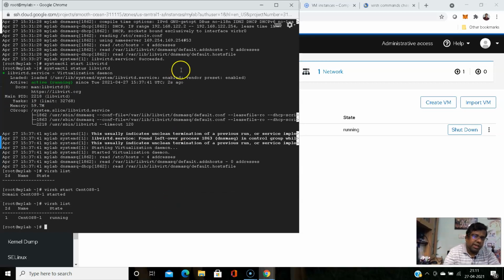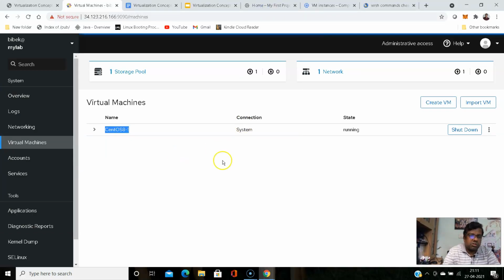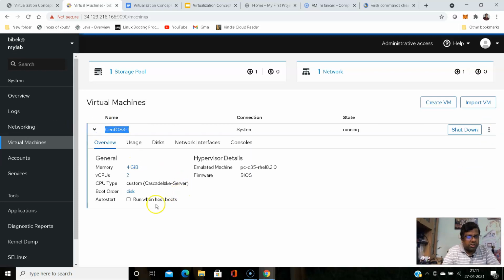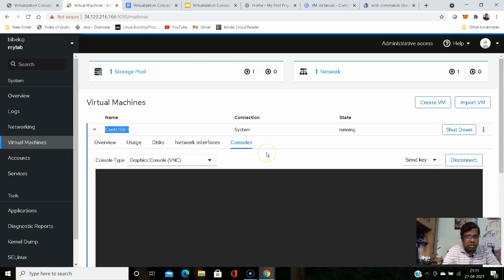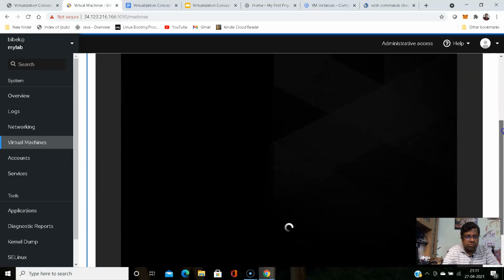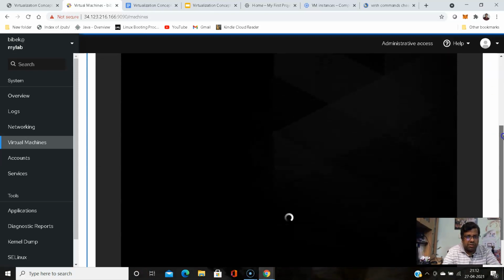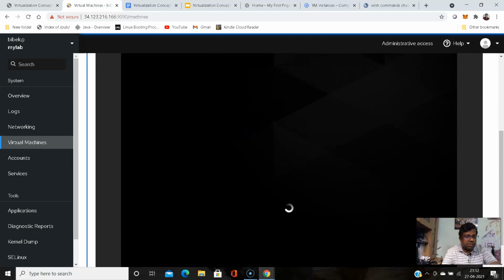It's running. Okay. Now you can get the desktop, the graphical user interface of this guest OS that is running over our nested VM. So this is running over our nested virtualization hypervisor. If you expand it, it will show you the console. If you go there, you will get the console of that. Let's have a look. It's loading, starting up. The virtual machine is starting up.